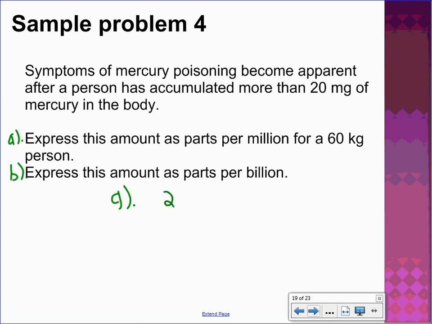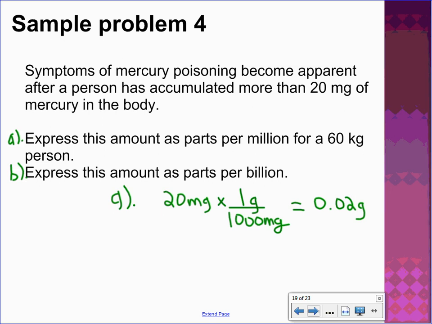So our 20 milligrams, we do need to convert that into grams. Remember that if we're converting into units of grams, for every 1 gram, we will have 1,000 milligrams. So we are going to divide by 1,000. This will give us 0.02 grams